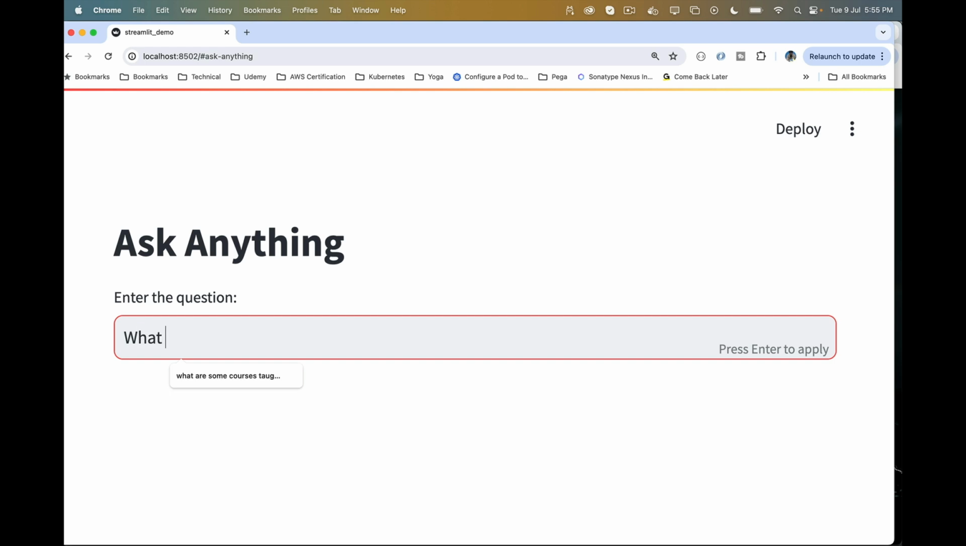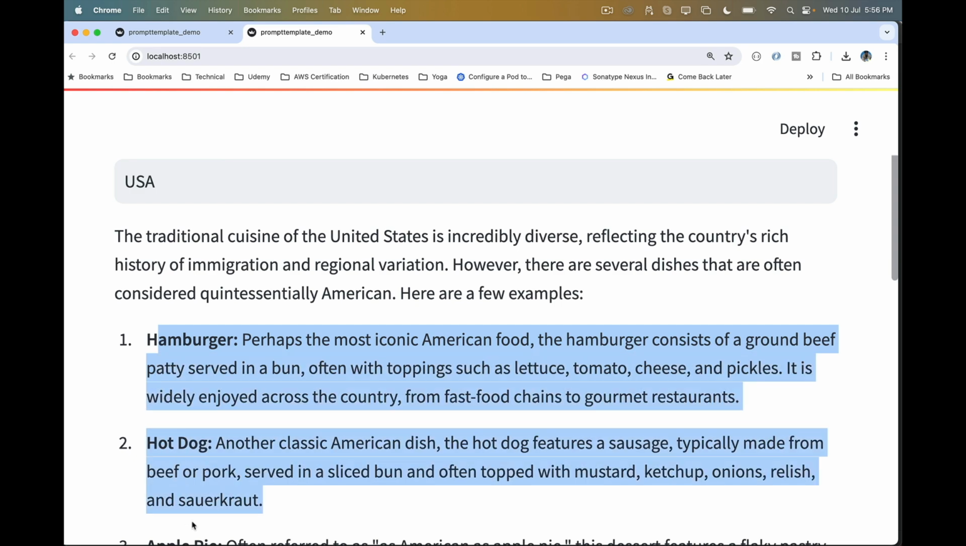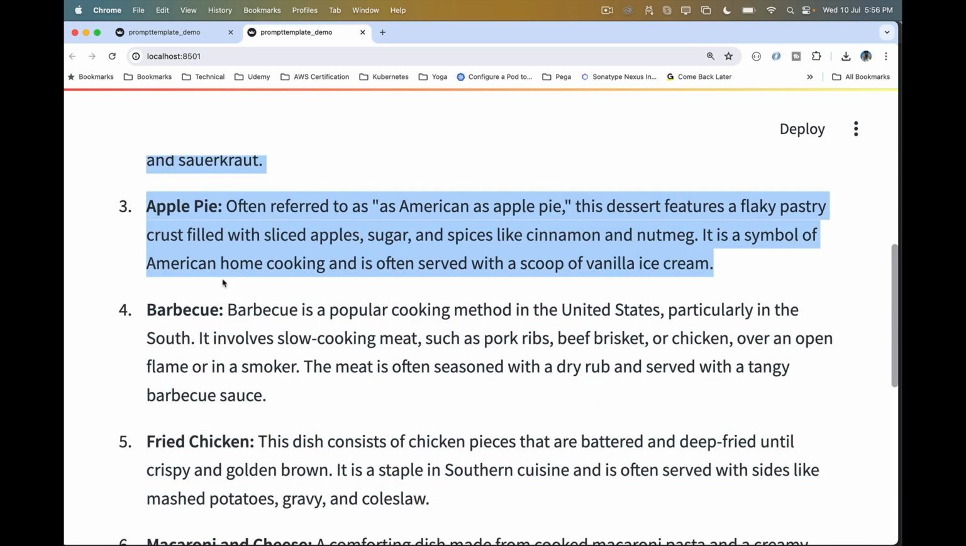You'll build beautiful web-based interfaces to your Langchain applications using the Streamlit Python library. Prompt templates make our prompts dynamic and reusable. You will create and use prompt templates while working on an application that suggests traditional cuisine given the country and